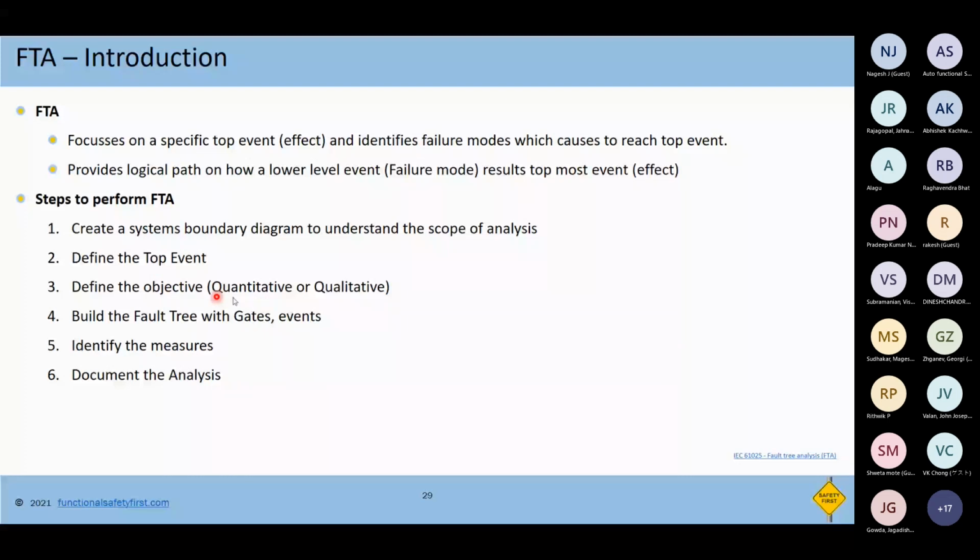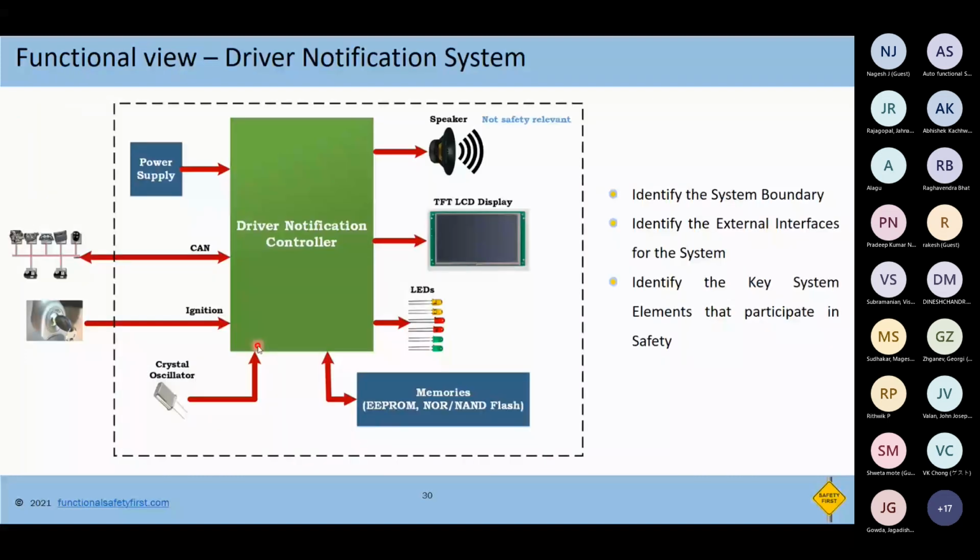So basically the fault tree is a graphical representation where everything is shown in graphical notations. We can see events, gates, and then we need to identify the measures. As it is a graphical representation, we need to document the analysis as a report. So it's the same diagram to understand the scope of the analysis. And here